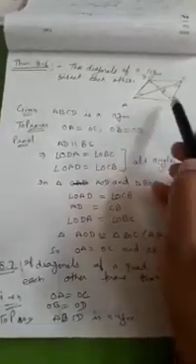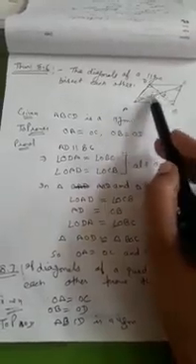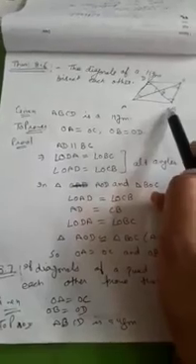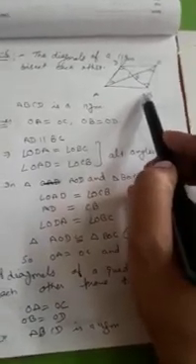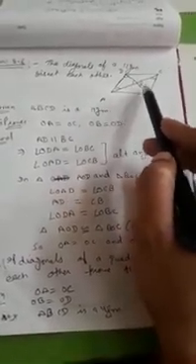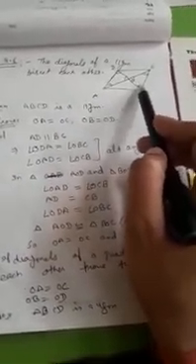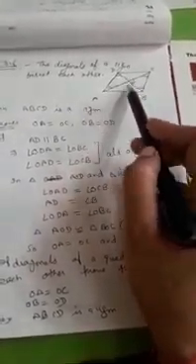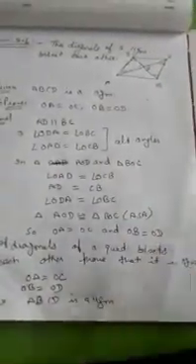Okay. Now see, in these two triangles AOD and BOC, we will prove these two triangles congruent. These angles are equal and AD is equal to BC, opposite sides of a parallelogram are equal. So by the angle side angle criterion, these two triangles become congruent. If triangles are congruent, then by CPCT we can take OD is equal to OB, OA is equal to OC. This we want to prove.